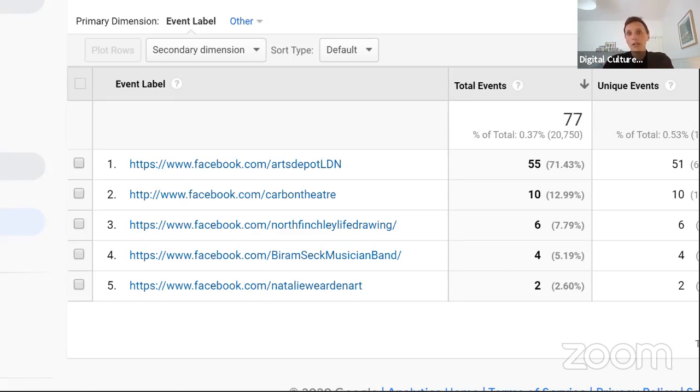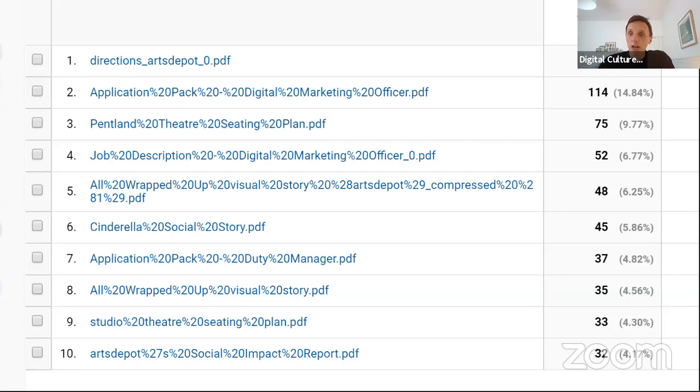And the other one is file downloads here. The top one is directions, Arts Depot PDF. That shows us that that's a real intent to visit. Someone's downloaded the directions to Arts Depot. So we could start to use that and pull that in as a goal if we wanted to. It's showing intent to visit. And then the other ones we have